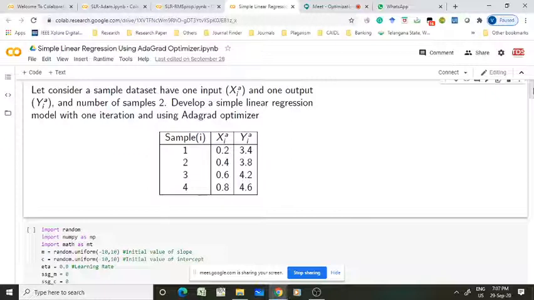That's why I am taking a small line y equals 2x plus 3, and I put x equal to 0.2, 0.4, 0.6 and 0.8. It will give 3.4, 3.8, 4.2, 4.6. So while running the algorithm, you expect m equal to 2 and c equal to 3. If those values are coming, then your optimizer is working fine on this data set. For that purpose only, to make you understand, I take a very small data set, that too a linear one, which depends upon the linear equation y equals 2x plus 3.